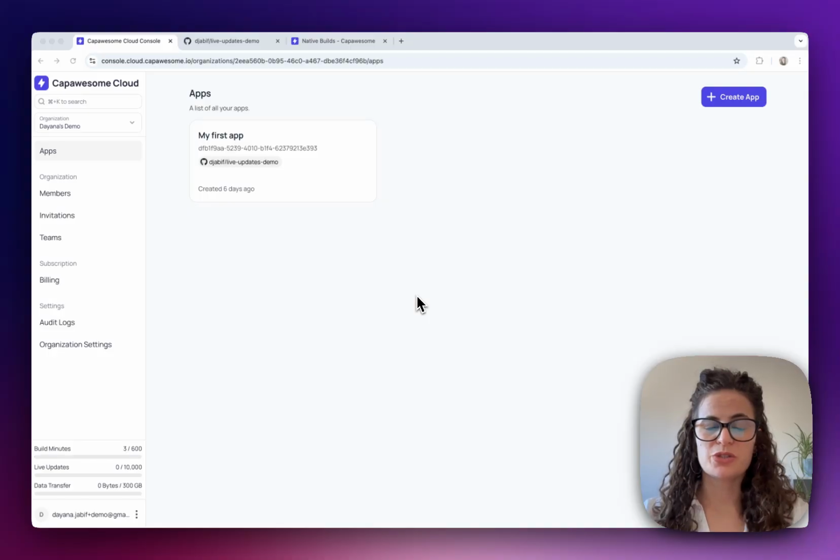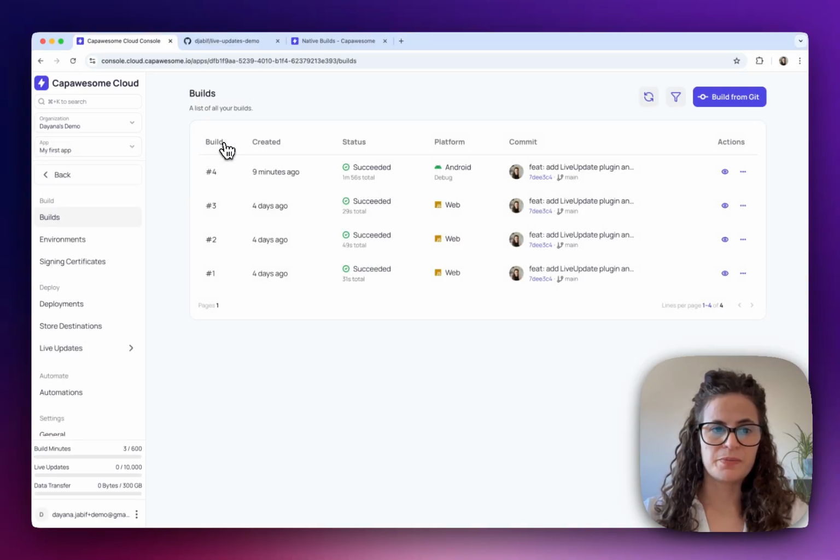In our previous videos we saw how to create a Capawesome Cloud account, how to create your first app within Capawesome Cloud, how to connect it with your Git provider, with GitHub, and how to use the CLI also. So make sure to check these previous videos. Today we will start from this app we have already created, and we'll see how to build from Git